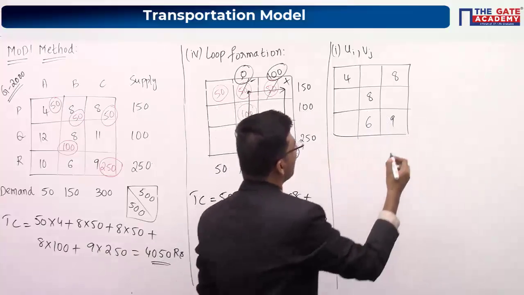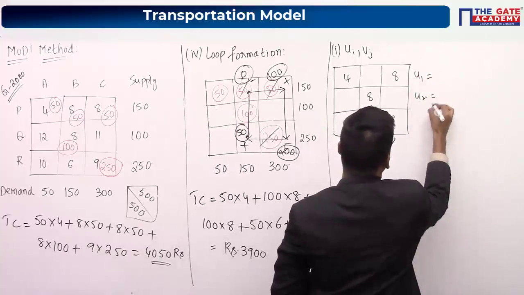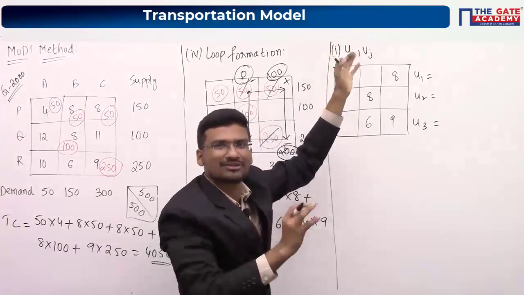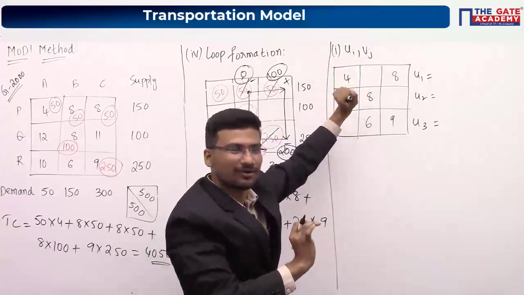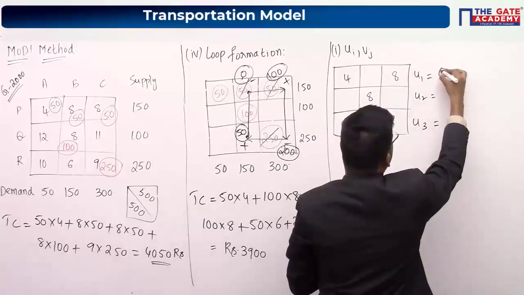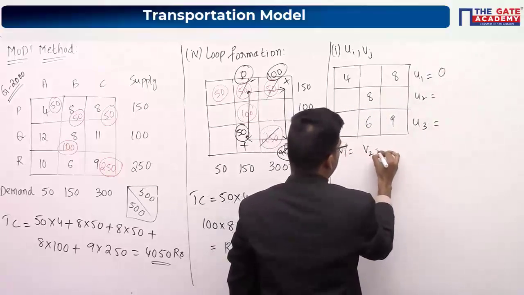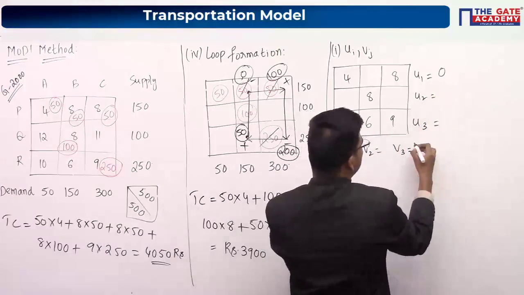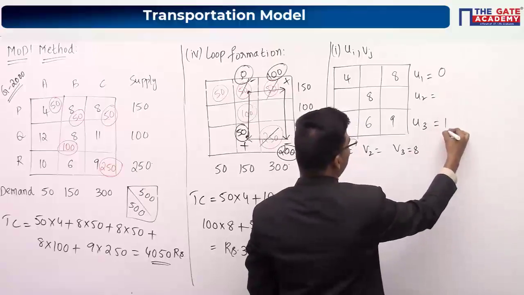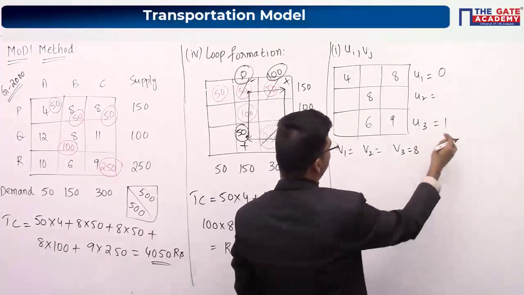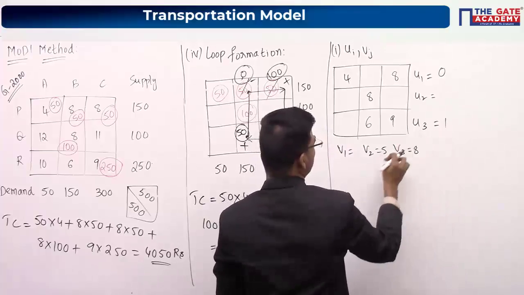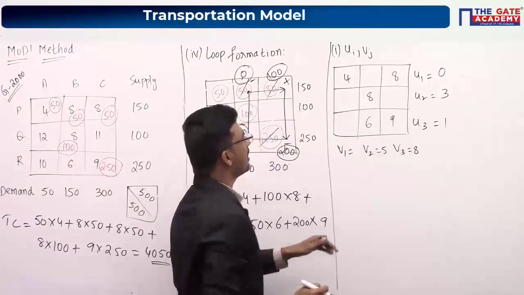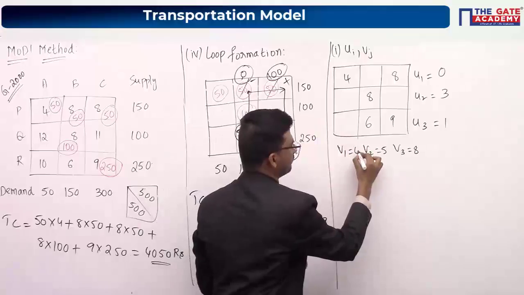So what you have to calculate? u1, u2, u3 values, right? I am not writing the whole statements because in the previous question we have written them. You can copy that particular statement if you want. So I am taking u1 value again as 0. It is your wish, you can take any other variable also as 0. u1 is 0, so this will be 8. So this will be 1. And if this is 1, this will be 5, I guess. So 5 plus 1, 6. So if it is 5, this will be 3. 5 plus 3, 8. And v1 value is 4.